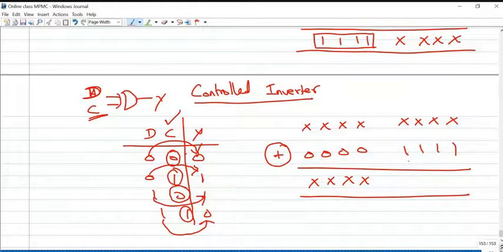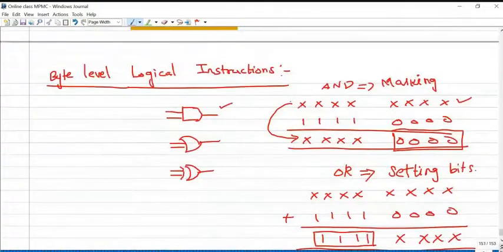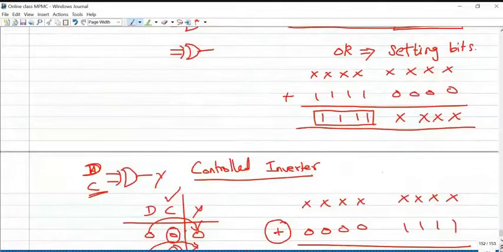If 1, it represents the complement of your first input. So we should understand the purpose of logical AND, logical OR, and logical XOR. These logical operations are used for masking, or to set a particular bit, or to take the complement of a particular bit.